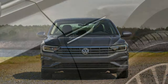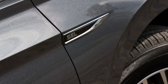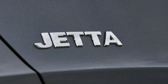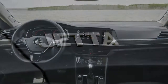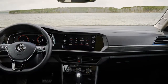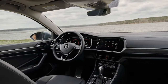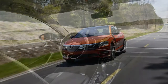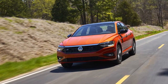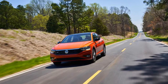Throttle response is excellent, with almost no lag, as the Turbo 4 is tuned for low-end grunt. Its 184 lb-ft of peak torque comes at just 1,400 revolutions per minute, making the Jetta seem like a much more powerful car, an illusion it can maintain right up until encountering a freeway on-ramp. It's there that the shortcoming of having just 147 horsepower reveals itself, especially as the engine passes 4,000 revolutions per minute,